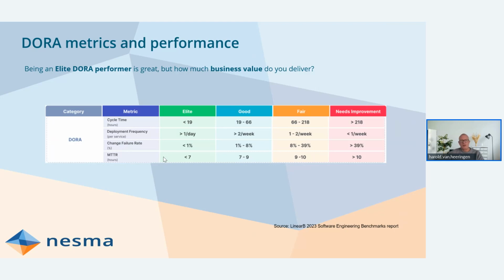You can ask yourself, okay, if I'm a lead in cycle time, you can produce changes faster, but it says nothing about the size of the changes, right? If they're small, if they're big, and how much value is in there. Deployment frequency, well, okay, if you can deploy every day, that's nice, but is that really beneficial for your product? Maybe you have a back office product that doesn't change a lot over time. Why would you need to deploy so fast? So all these types of metrics are important for the team, and they're interesting to know, but they don't say anything about the real business value that you deliver.